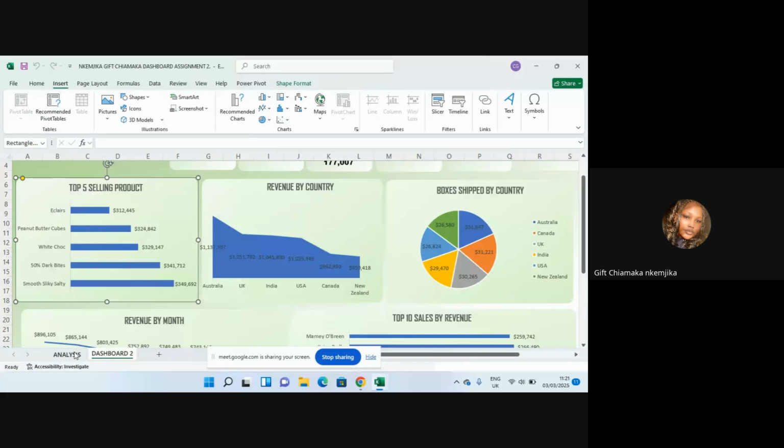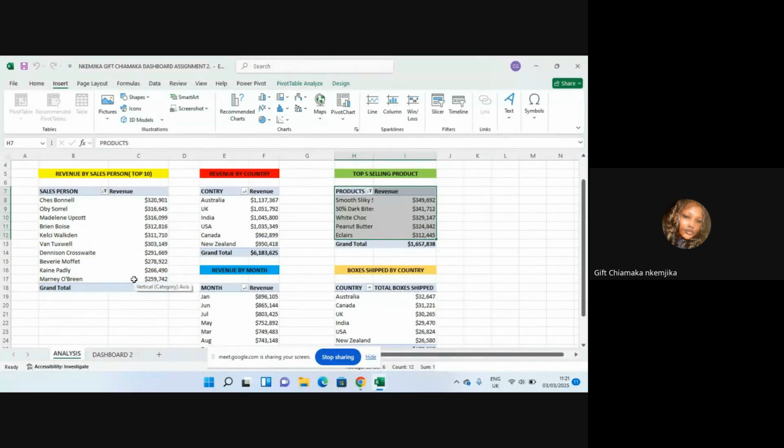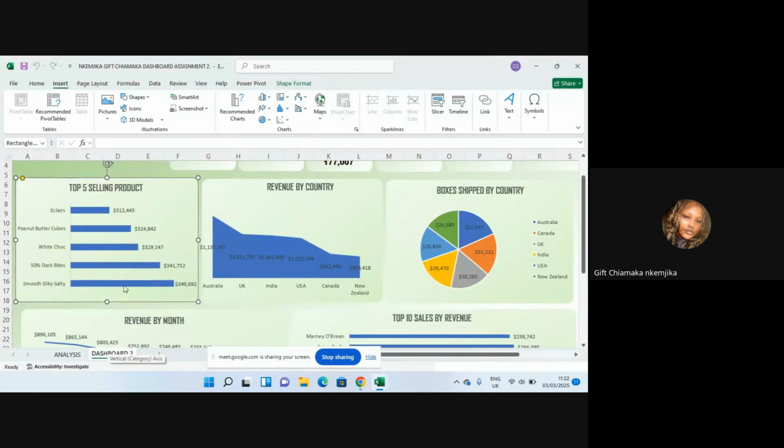We first came up with the analysis, where we have the top 10 revenue by salesperson, revenue by country, top 5 selling products, revenue by month, and total boxes shipped. Then we can go over to our dashboard, where we used bar charts for our top 5 selling products,